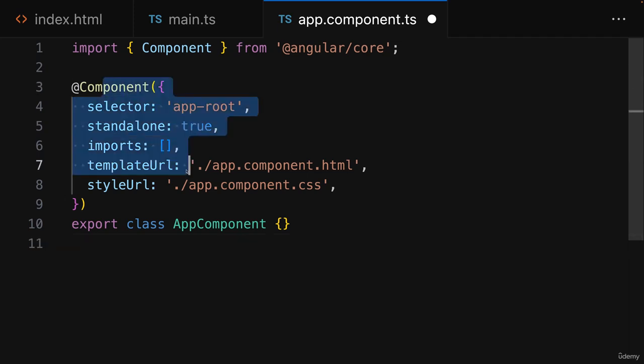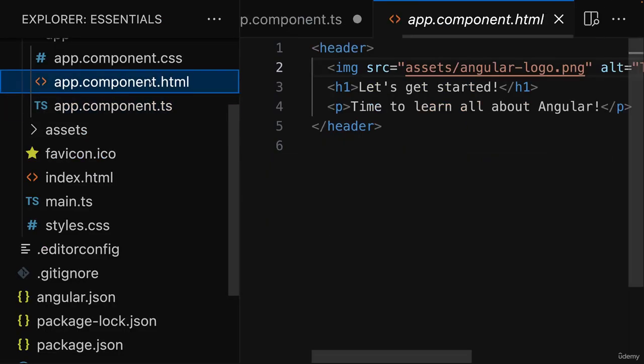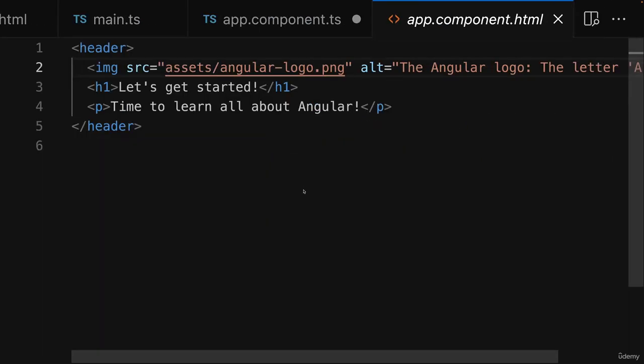And the markup of this component is stored in the so-called template of that component, and every Angular component has such a template, which typically is stored in an external file to which the path is provided with help of this templateUrl property. So here it's this app.component.html file that contains the markup for this component,